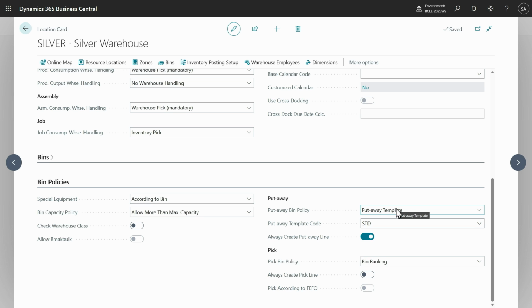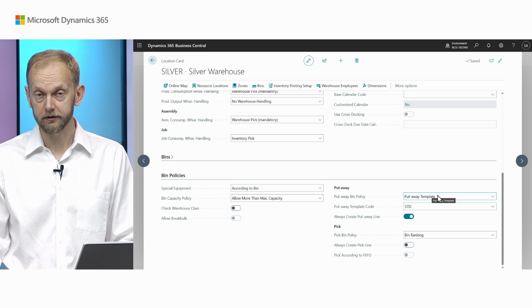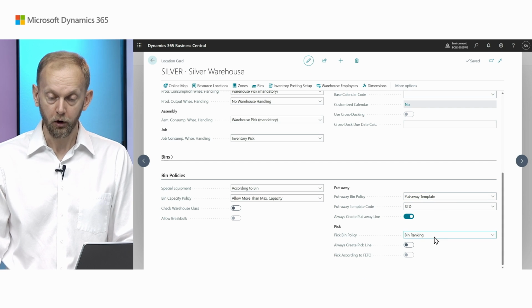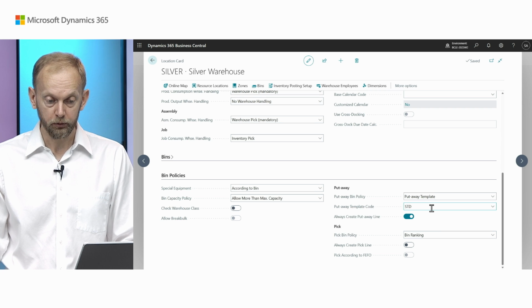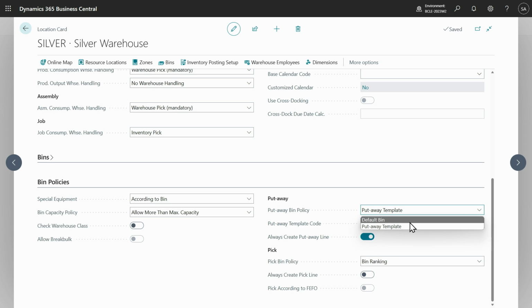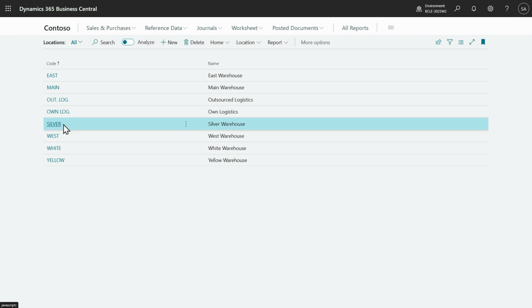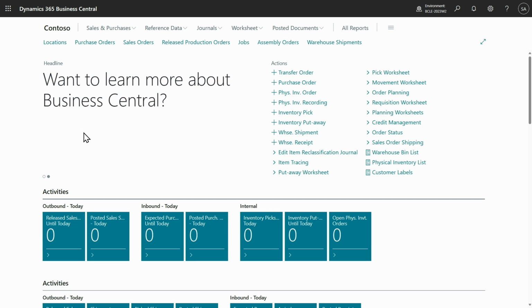Now you can also use put-away templates when assigning bins where items should be located, or bin ranking. Now put-away template is available, and if you decided not to use the default bin, which was available before, but switch to put-away templates, you can pick a default one. All right. Let's go to different documents and see how it works.